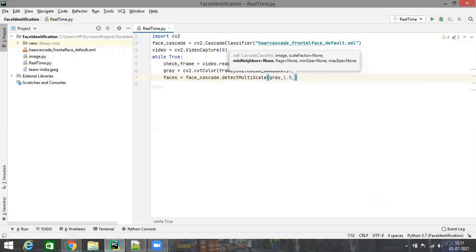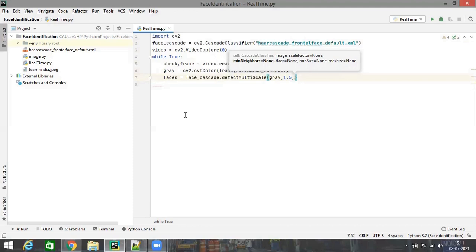The next argument which is going to go inside this method is the min neighbors. Now try to understand. Whenever we are in this process of detecting face features during these iterations, the model can detect something which is known as a false positive. There can be certain objects in the image which are not actually faces. Here we are talking about building a face classifier because we want to detect faces. So in the given video frame, there can be certain objects which are not actually faces, but the model will still classify them as faces. They are not faces, but still they are being classified as faces, and that is why they are known as false positives.